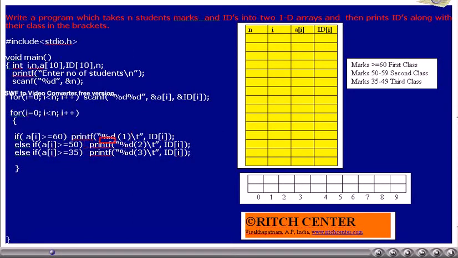This for loop is used to traverse the 1D array and take student marks one after another, and based upon his class, his identification number will be printed along with the class 1 or 2 or 3. The following screens explain how the data will be read into the two arrays one after another.